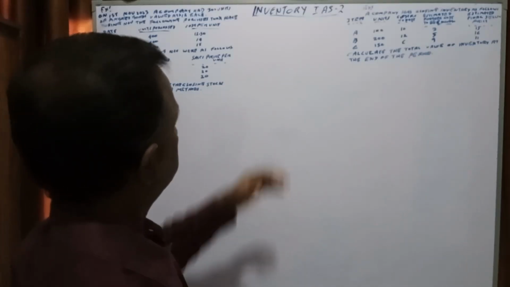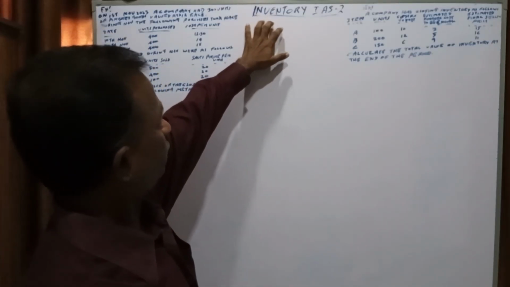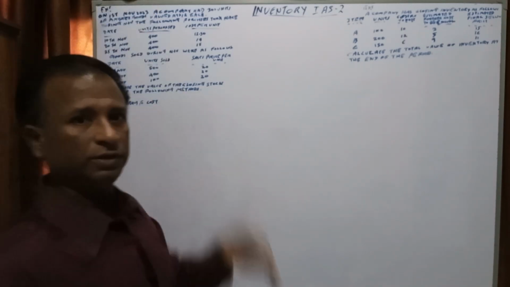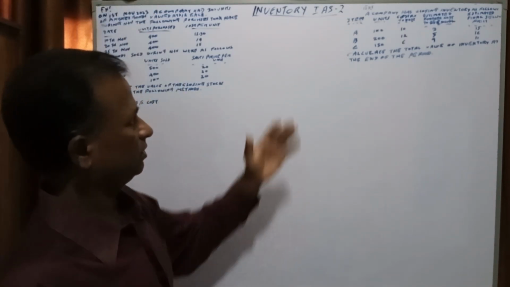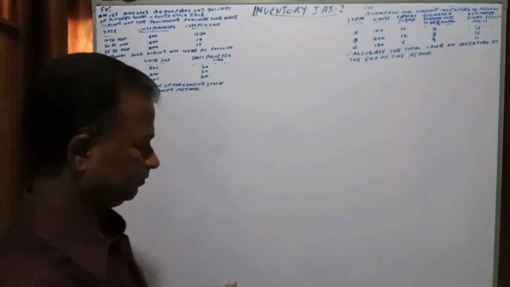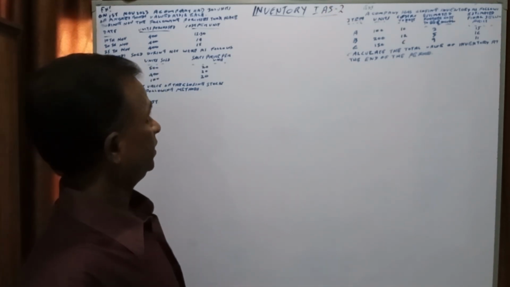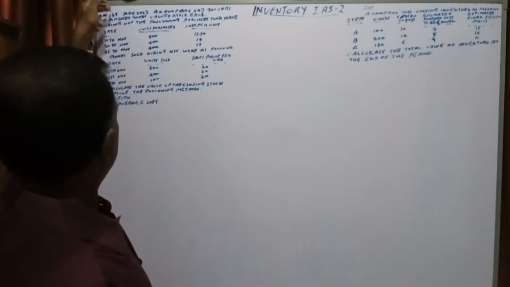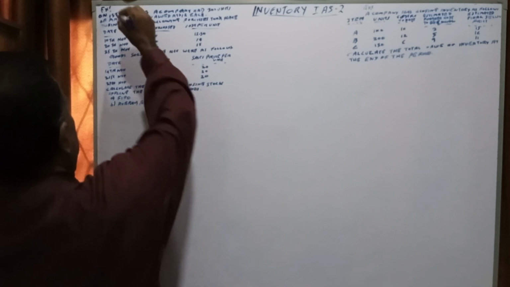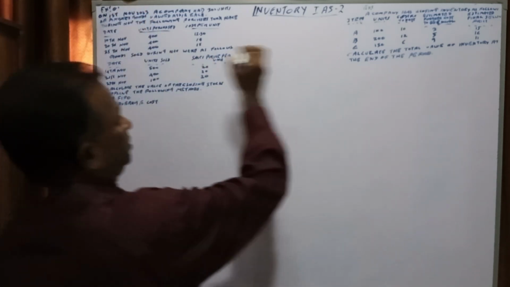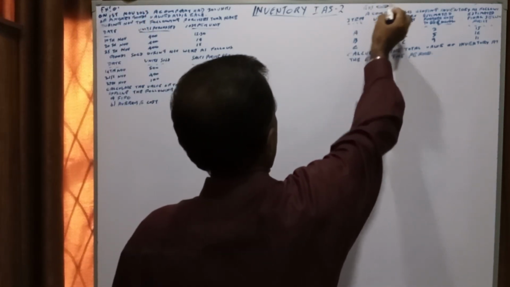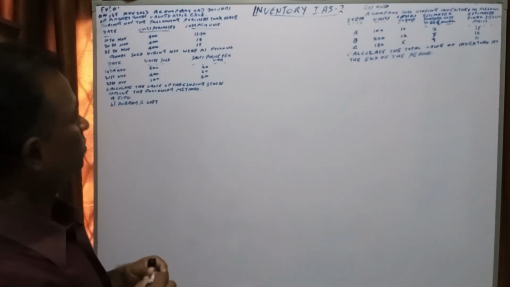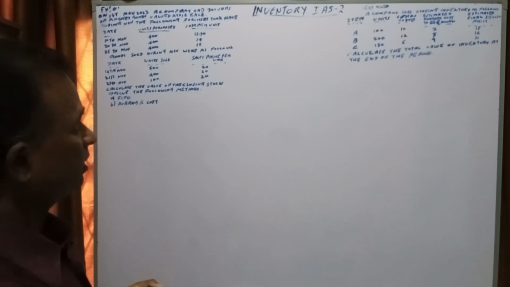In part 2 of part 4 of inventory, IAS 2, we are going to discuss the exercises. Straight away we will enter into the questions. This is exercise 1. This is exercise 2. In exercise 2, they say